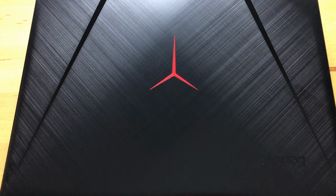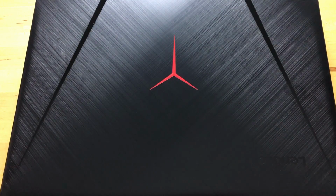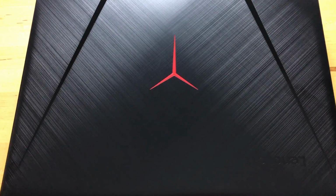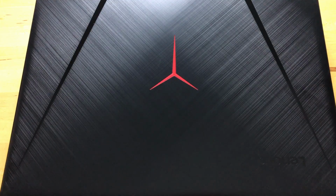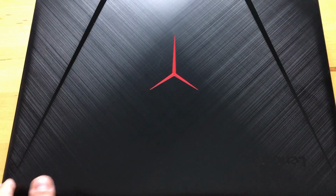Now, Legion is Lenovo's new brand for gaming PCs. The 520 and the 720 were the first ones to come out. Now we've got the 920, and it's even more beastly. The 17-inch display has NVIDIA G-Sync. It's 1080p. Another difference between that and the 720 is that it has the NVIDIA GTX 1070 rather than the 1060. And it also includes a quad-core Core i7, which is the HK series, rather than the HQ, which is in the